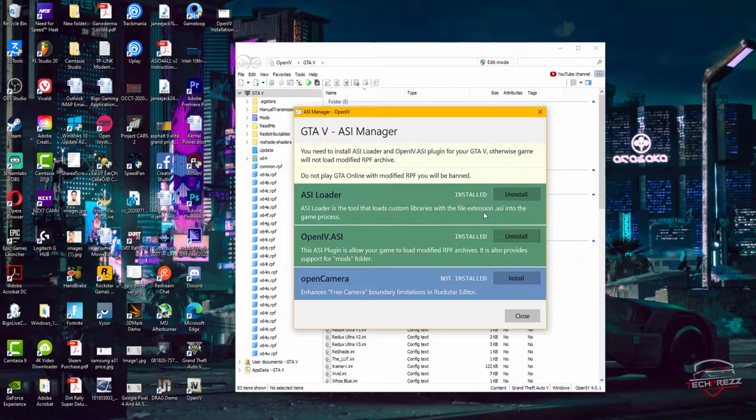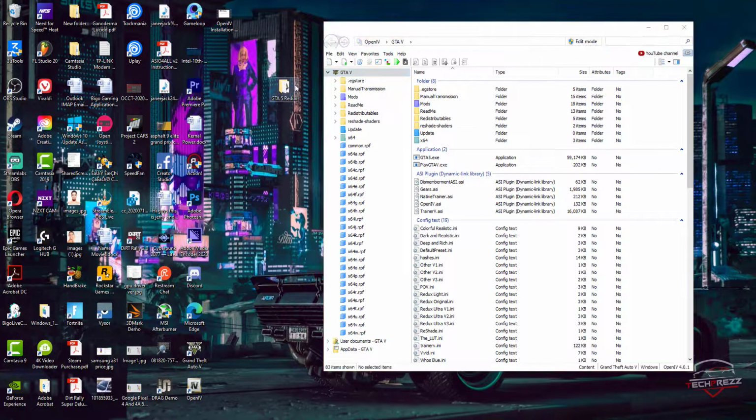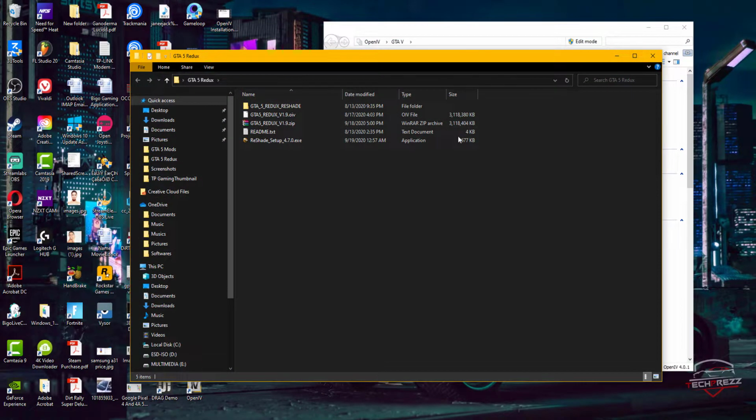And here I have already installed these two major applications, like ASI Loader and OpenIV.asi. You need to install these two scripts. You don't necessarily need to install this Open Camera. That's it. Then close it, and after that go to the folder that you have downloaded the GTA V Redux,